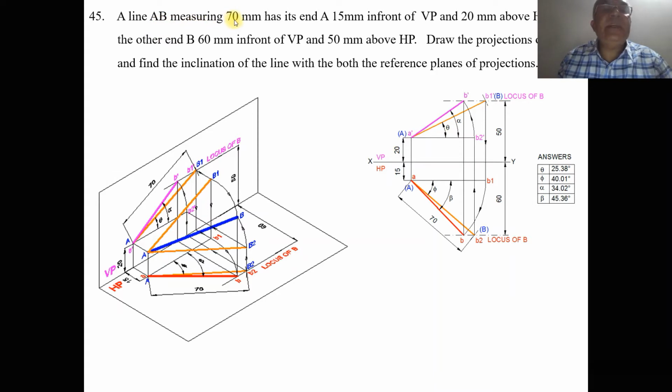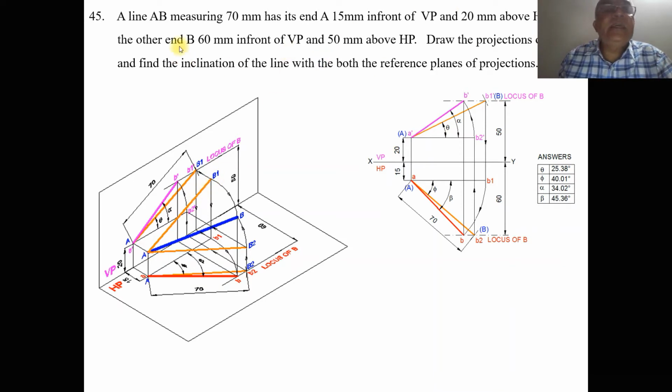Now we know that a line capital AB is 70 mm long. We have A and we have B1. With A as center, taking the radius of 70 mm, cut an arc on the locus of B, so that you will get this line AB1, that is A dash B1 dash. Since it is a true length, obviously that line has to be parallel to VP. End A is 15 mm in front of VP, therefore capital B1 should also be in front of VP by 15 mm. So we got AB1 here. This line is 70 mm long.